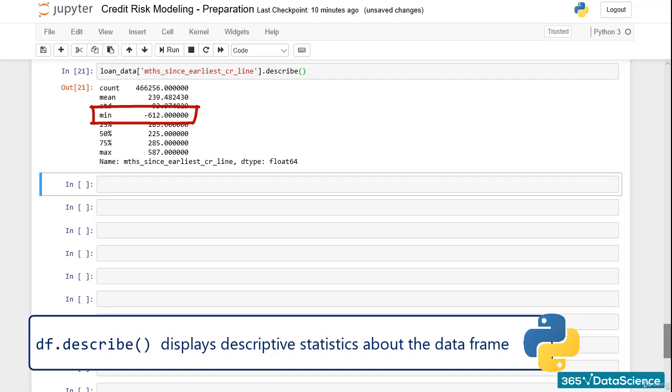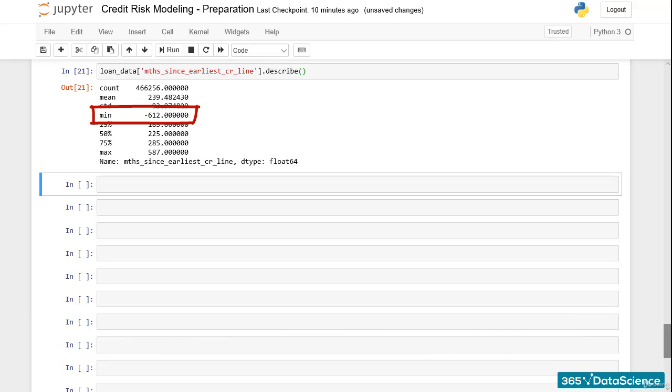It is impossible to have a negative time difference between a time in the future and a time in the past. That's why we need to further explore and solve this issue. We can start by displaying the data points where the negative time differences were calculated, together with the earliest credit